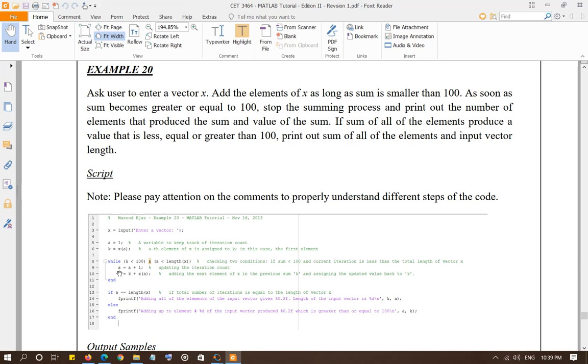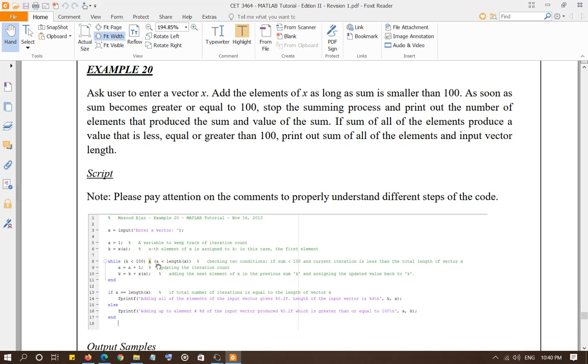So basically what this while loop is doing is that as long as the value of k is less than 100, this is going to run. So you are adding x of 1 plus x of 2 plus x of 3 plus x of 4, all the way until the sum of these values becomes greater than or equal to 100.